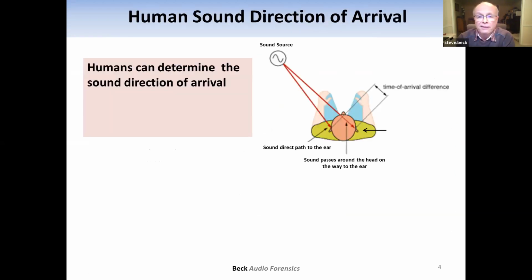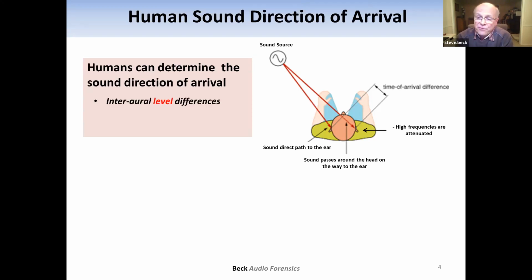Humans can detect the direction of sound. How many? Well, normally I would ask everybody to raise your hands if you've ever played Marco Polo, but I'm just going to assume that everybody's done that at some time. So you're familiar that humans can figure out where a sound is coming from. So how do we do that? Well,